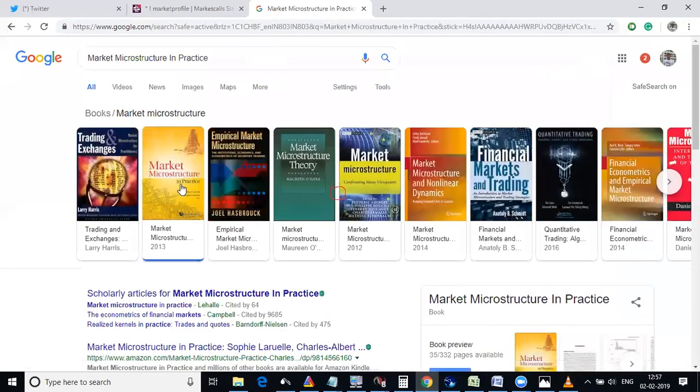Most of the HFT players study this, or Empirical Market Microstructure Theory. Again, they are nothing but auction market theory only. So all these books are highly recommended if you really want to dig into the order flow stuff. So Larry Harris, probably